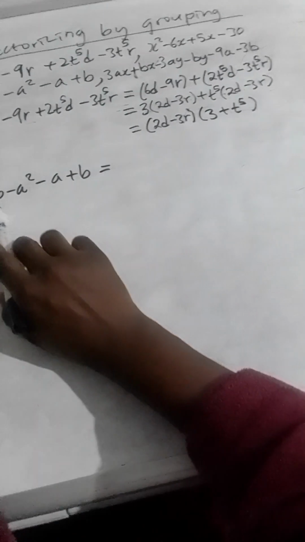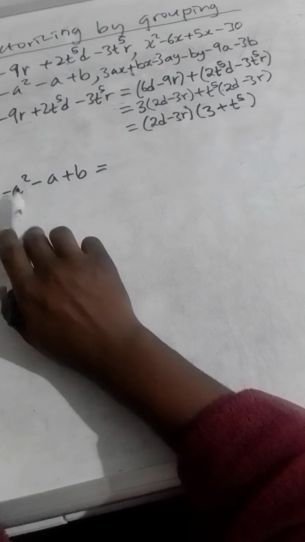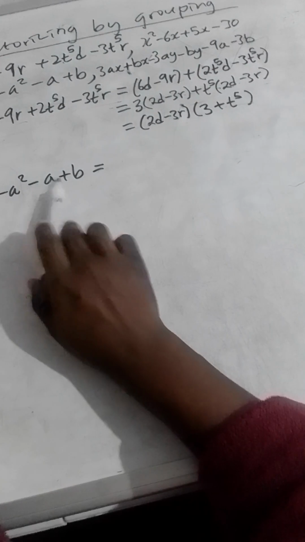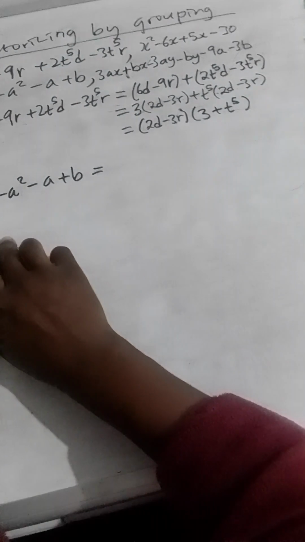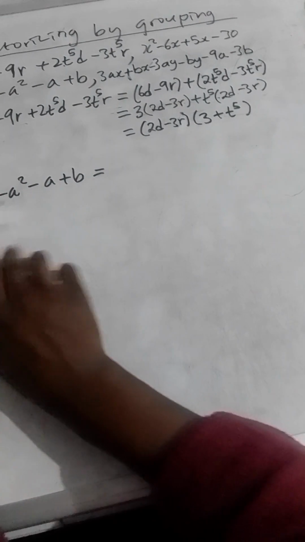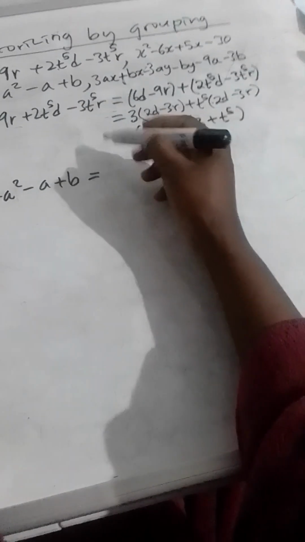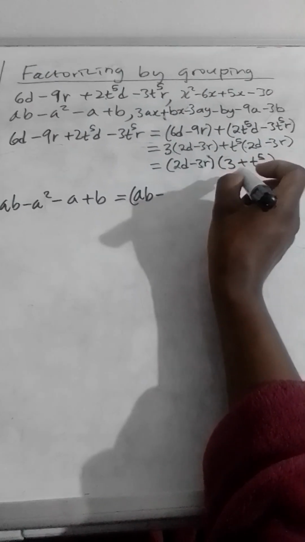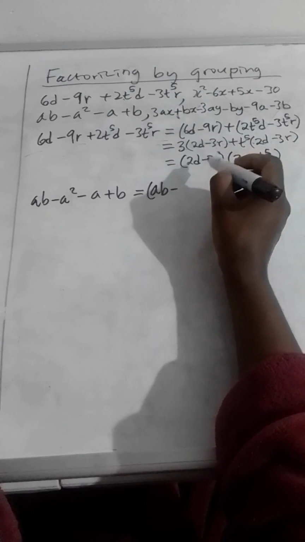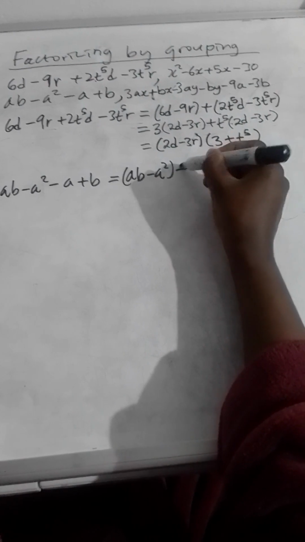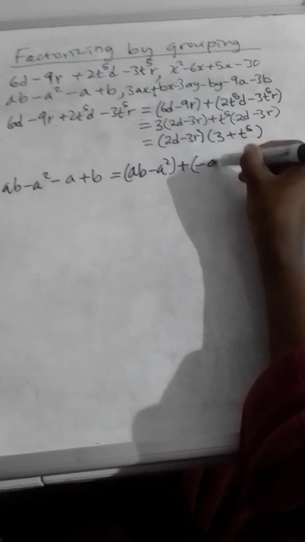And sorry, if we check, these two have a and a, right? Also, these two have a and a, and then these two also have b and b. So we can group these two and these two, but we can also group these two and the other two together. Well, I'm going to group these ones together because they have a and they're close together. So we're going to have ab minus a squared plus, you always have a plus in between, negative a